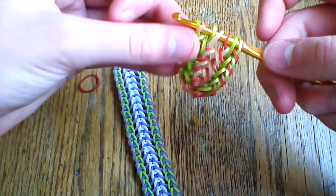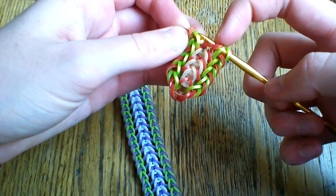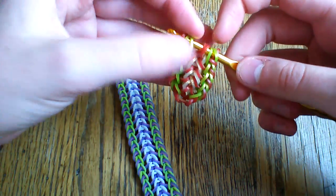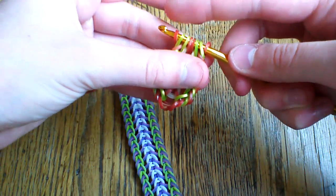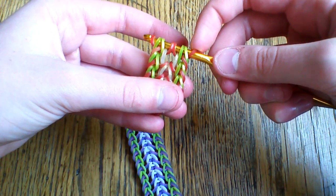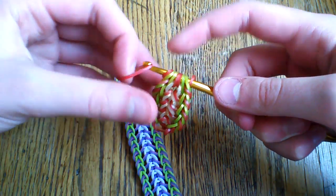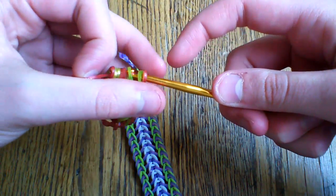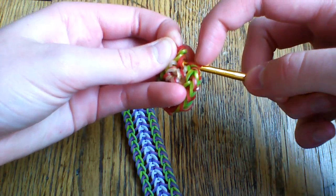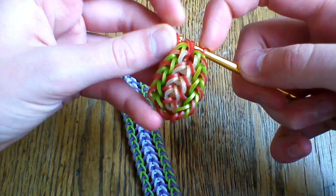So take your maroon and pull it through the other 4 bands that are on the other half of your hook. Again, lifting this green and reattach. Now you should have a maroon band, and you should have 2 green, 2 maroon, 2 green, and then 1 maroon band. And then what you're going to do is pull another maroon band through everything on your hook. But before we close, because it's a bit crowded, we're going to lift these 2 center maroon bands and reattach